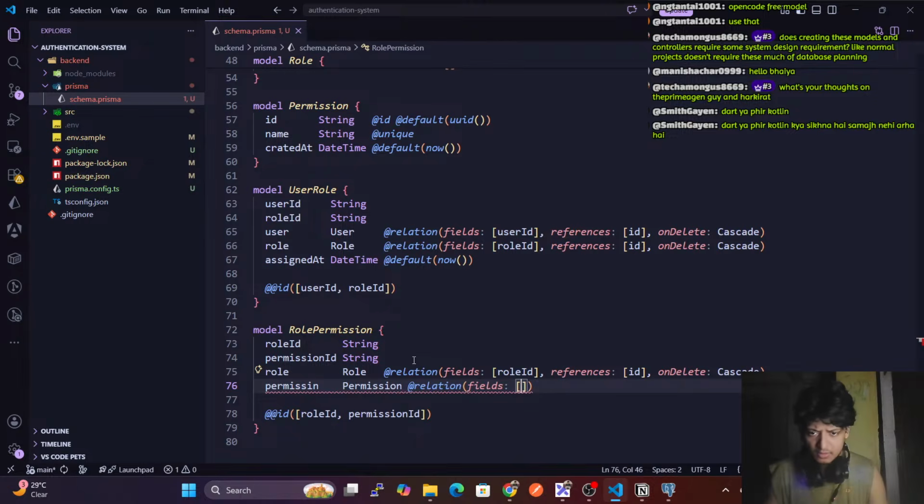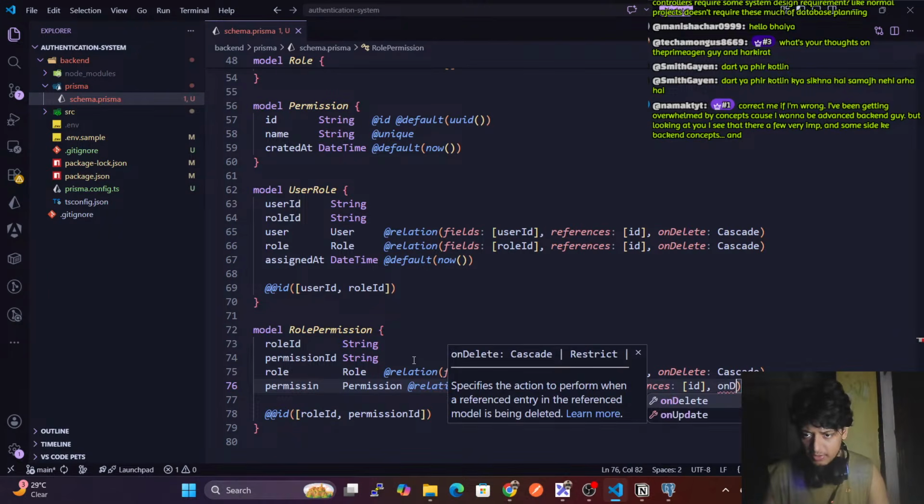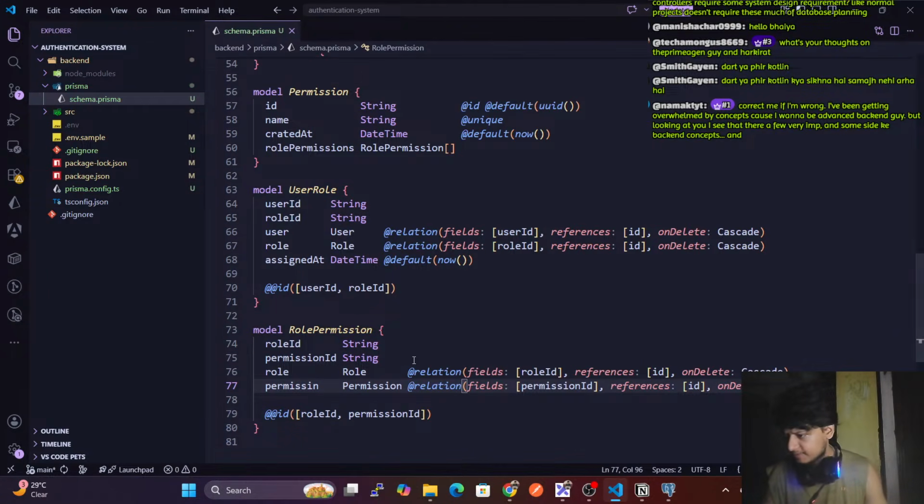Fields, here we're calling it permission id and references to id, and this will be on delete cascade. Okay,